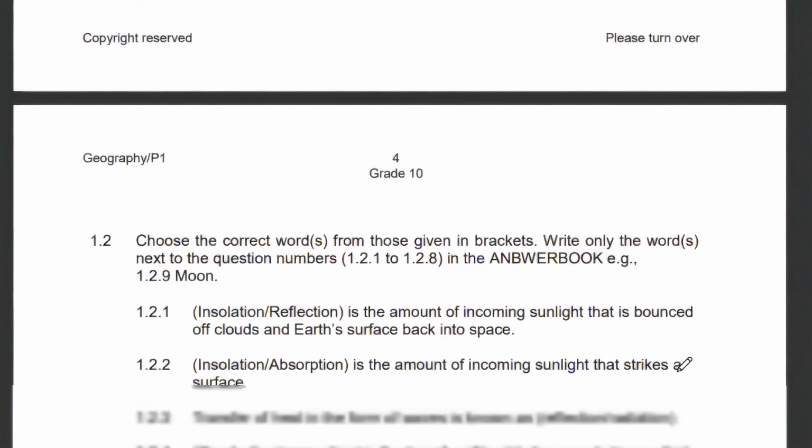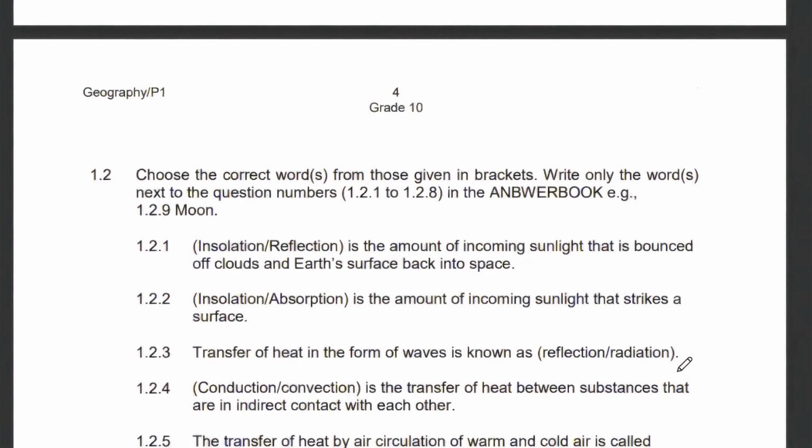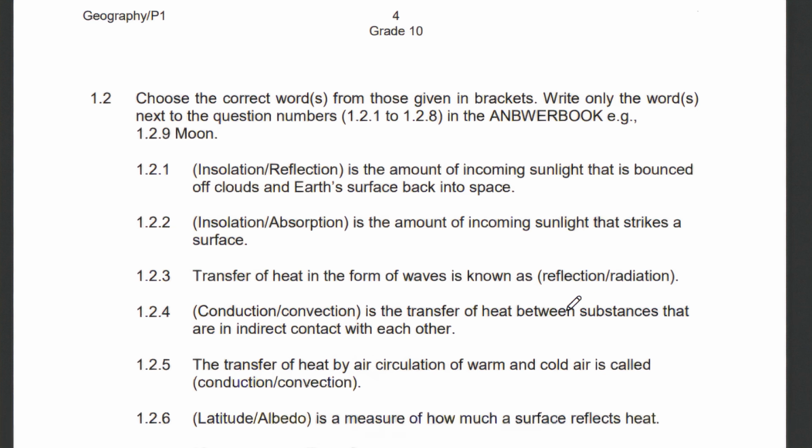The next part is 1.2. Choose the correct words from those given in brackets. Write only the words next to the question numbers 1.2.1 to 1.2.8 in the answer book. For example, 1.2. Let's check on the first question. The first question is saying